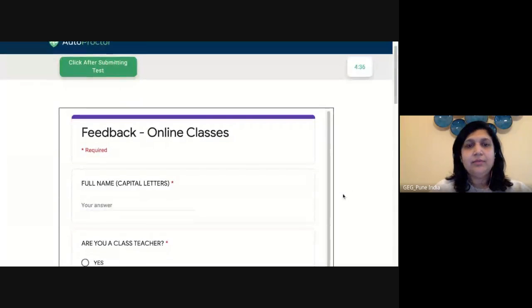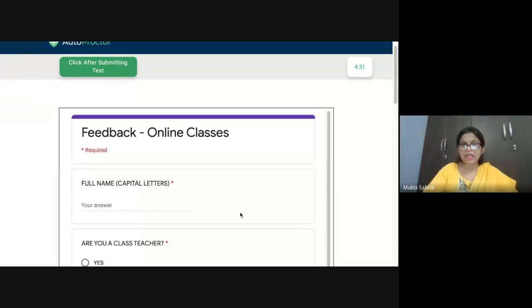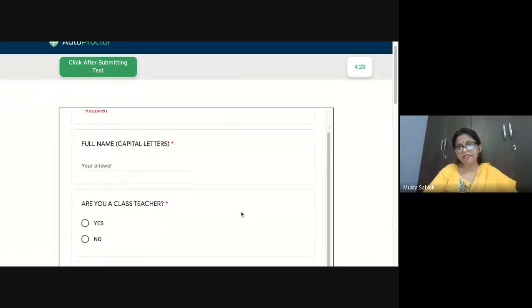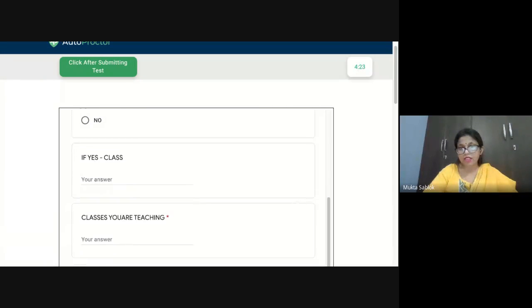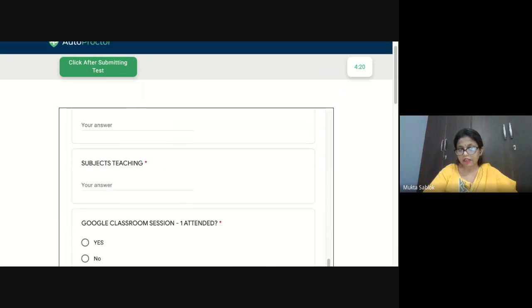Okay, I can see the form and I'm going to share my screen again to quickly show because it is almost 8. Let me share the form. So this is how the form will look after you insert the timer. This is the form that Mukta ma'am created. See the timer on the top, 4:34 minutes. This is the countdown going on. I have given 5 minutes time, so till the time you share, this countdown is going on. And these are the questions. And after that, the submit button is already there.